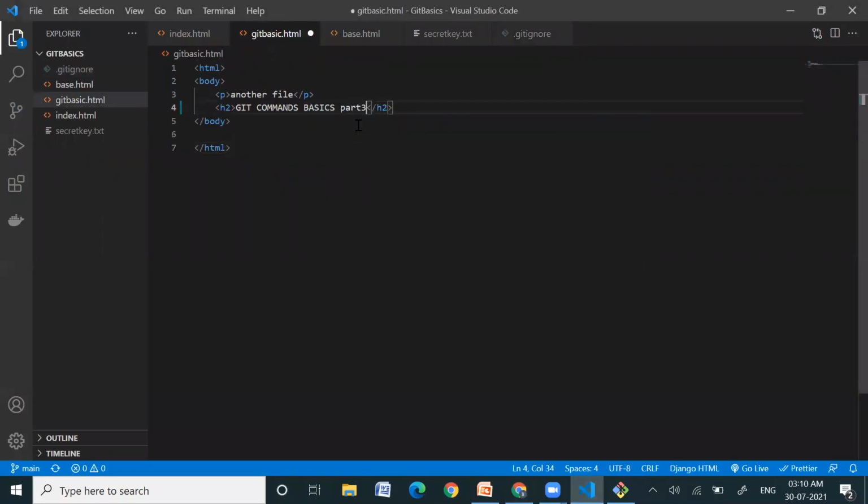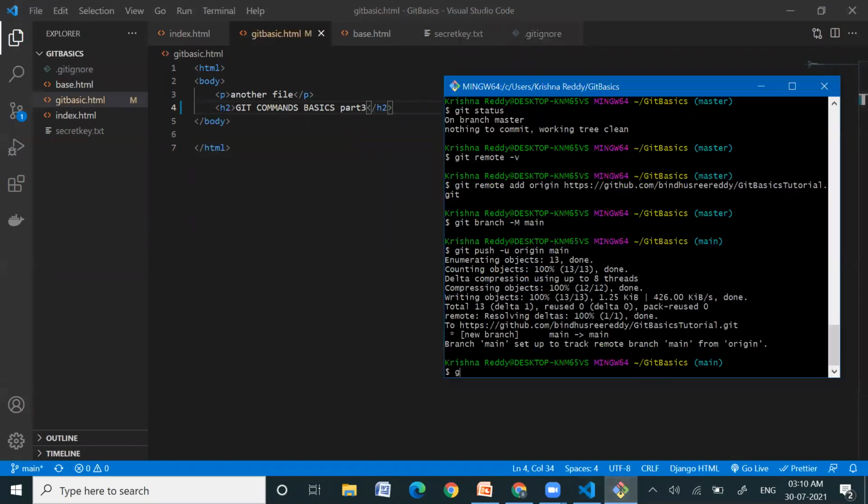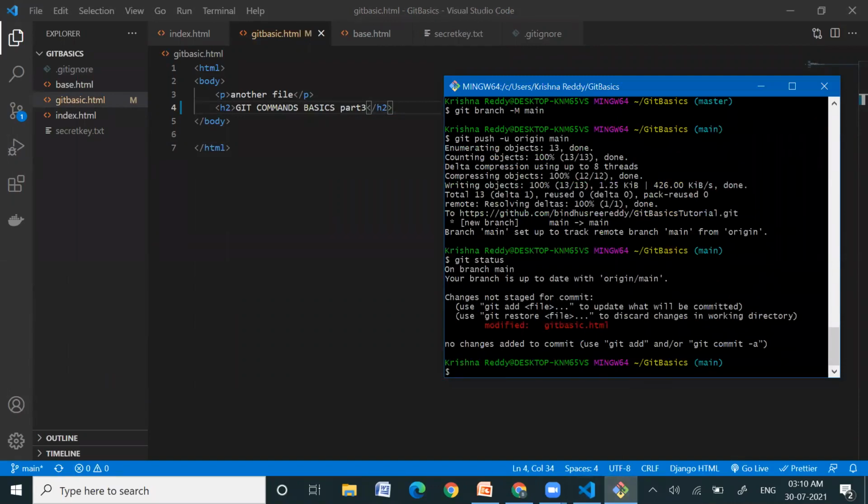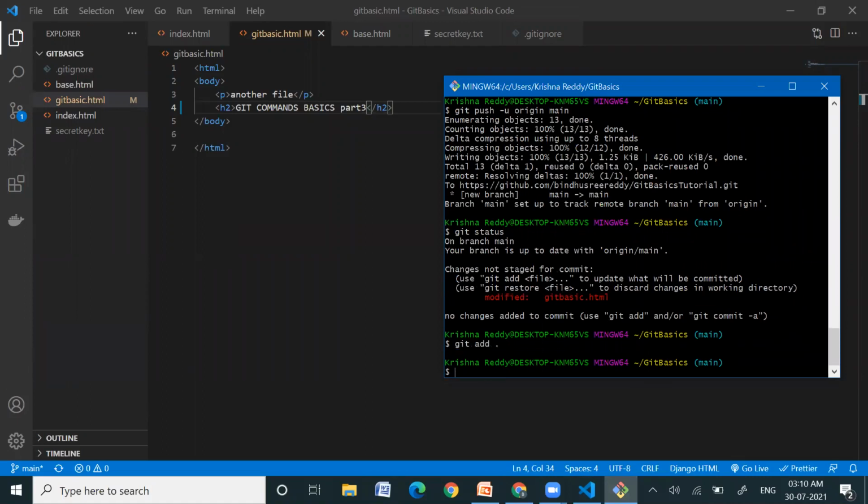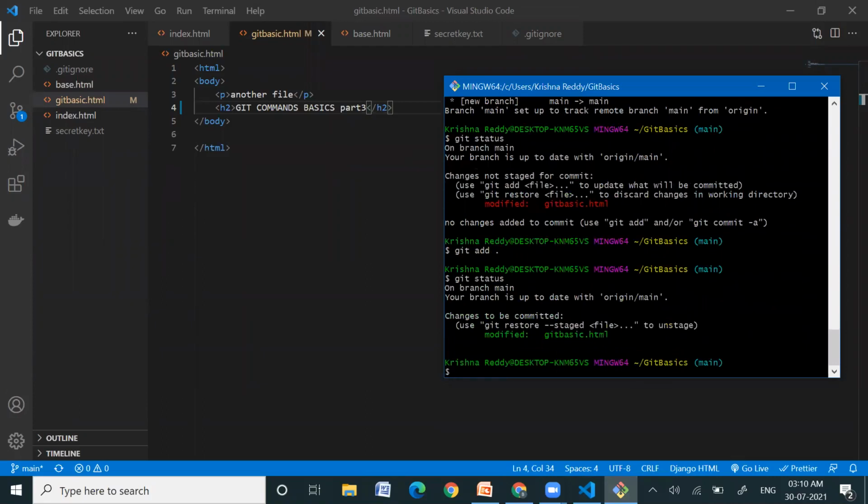If we make some changes, let it be anything, like part 3, we save this and commit it. Git status, then git commit with the message "modified".